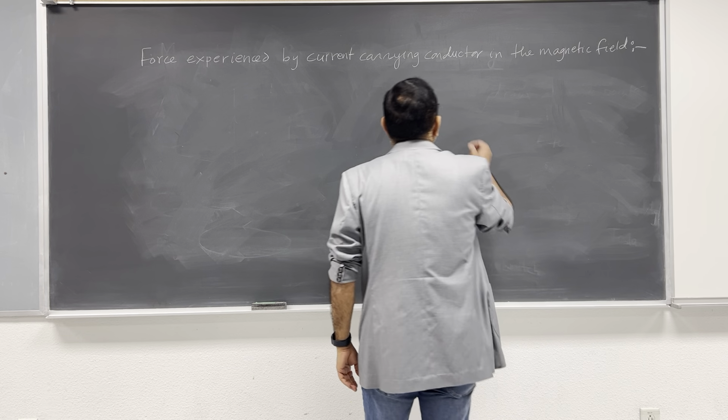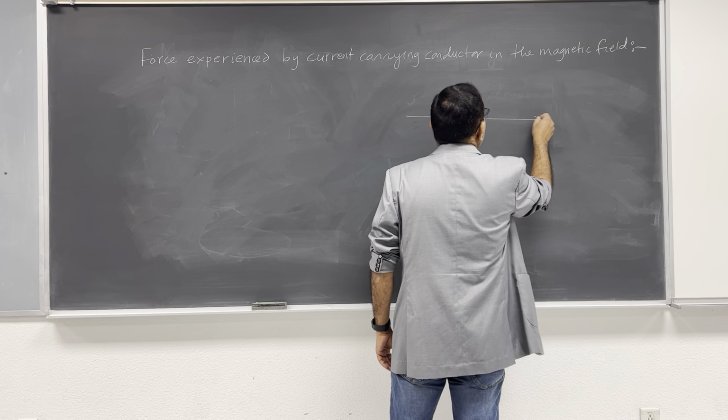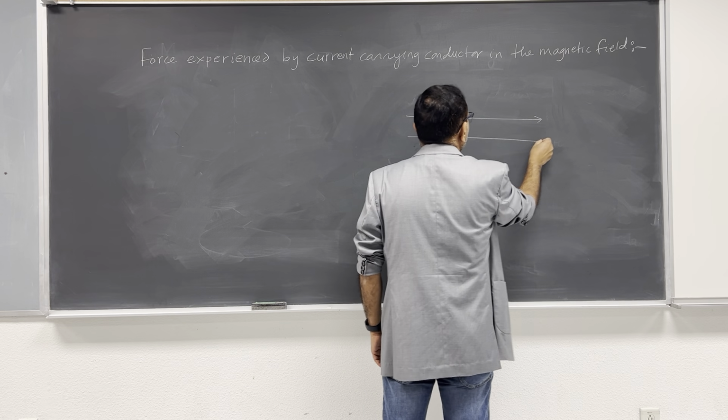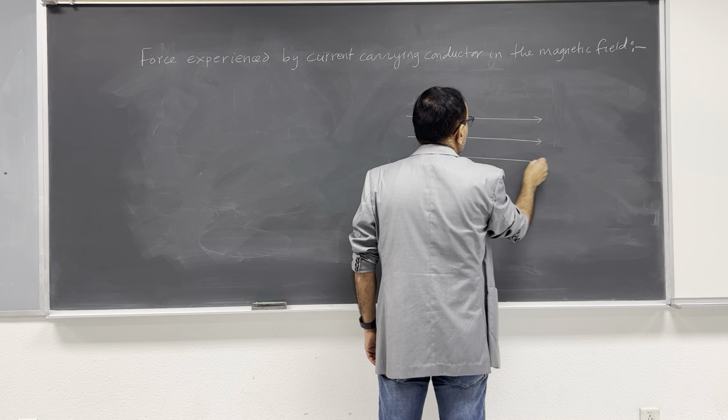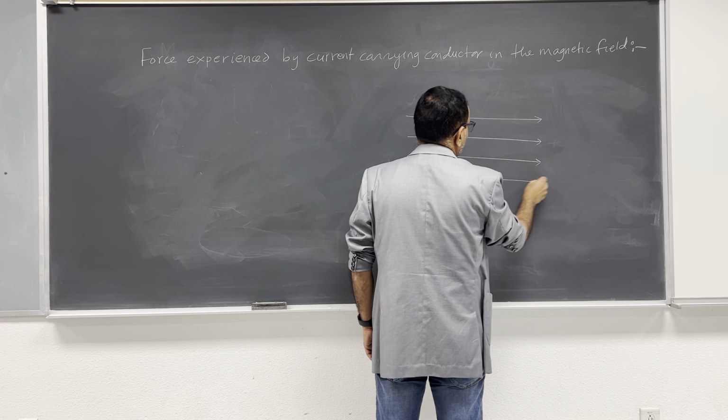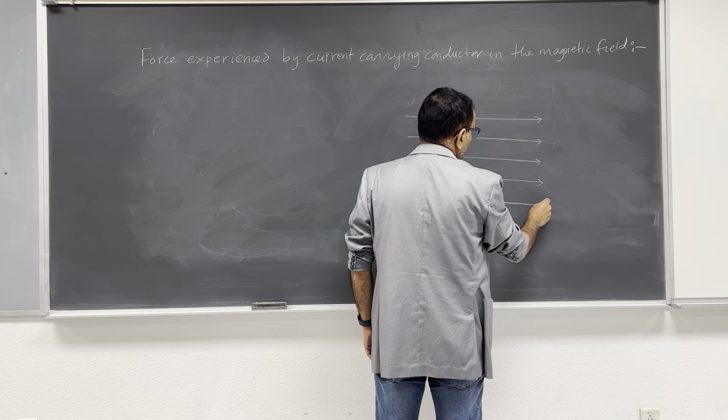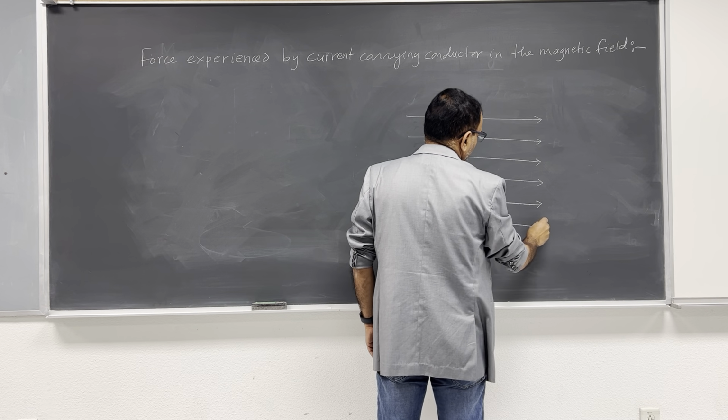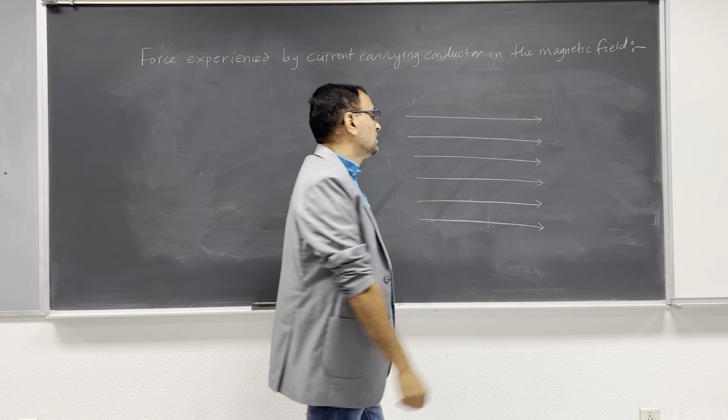So let us suppose you have a magnetic field here. This is the magnetic field B,